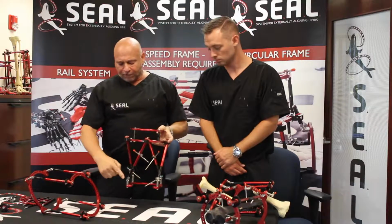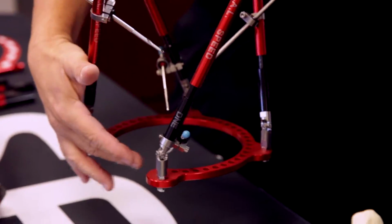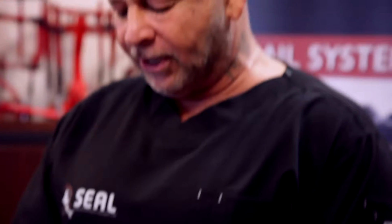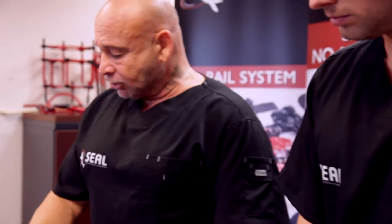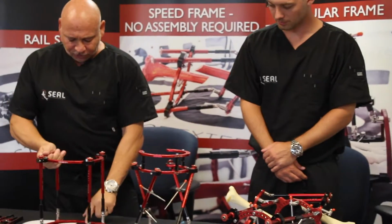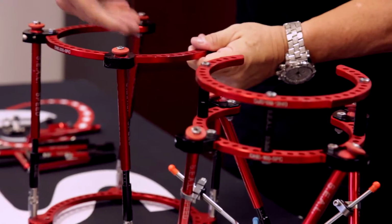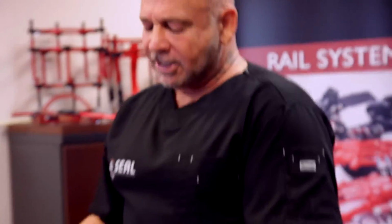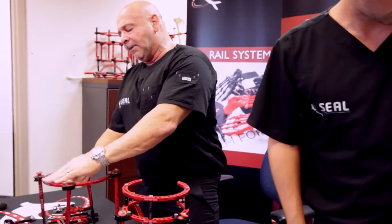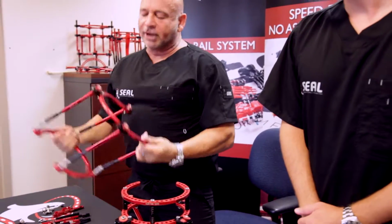You can also put the rings where, if you're going around the foot and ankle and you want it open anteriorly, and the top ring you want open posteriorly, you can also rotate it where you can have this ring flip the other way, so they're both open posteriorly. So you can flip the rings around, and you can put a full ring. Some guys have an anterior tibial ring up here connected to a foot plate distally, so you can interchange rings